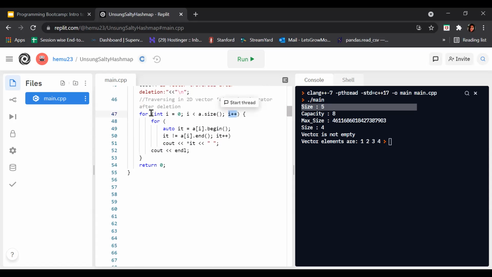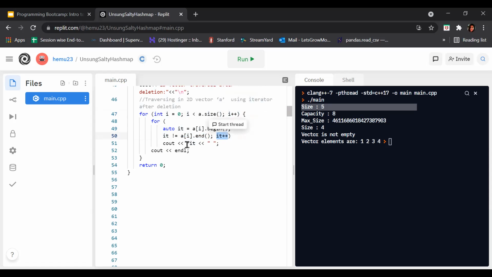Okay. Now we have a for loop which is saying auto it. Here we are using an iterator again. begin returns the iterator which points to the first element, and end returns the iterator which points past the last element, and it plus plus is the update expression which just updates the it by incrementing by 1.